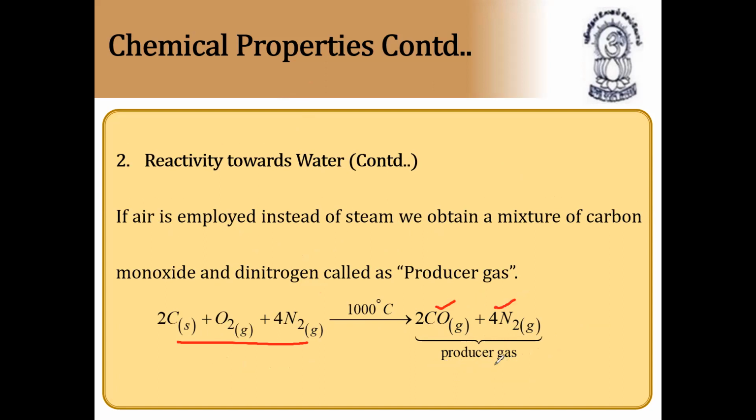So water gas, producer gas. These combinations are very important in the examination. So producer gas is nothing but a combination of carbon monoxide as well as nitrogen gas. That is called producer gas. Next,